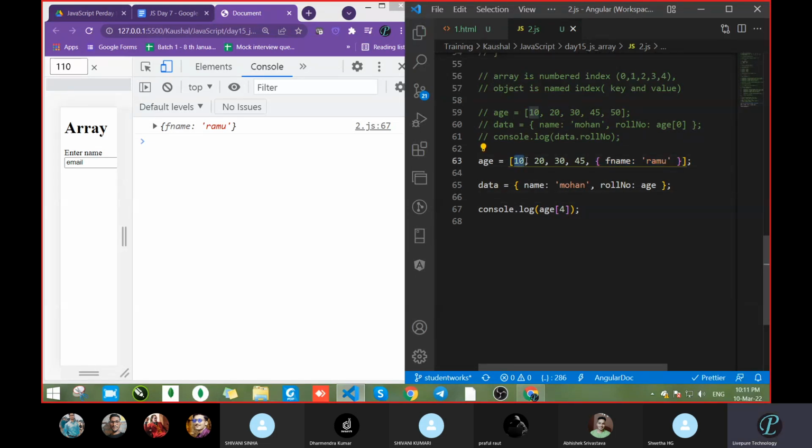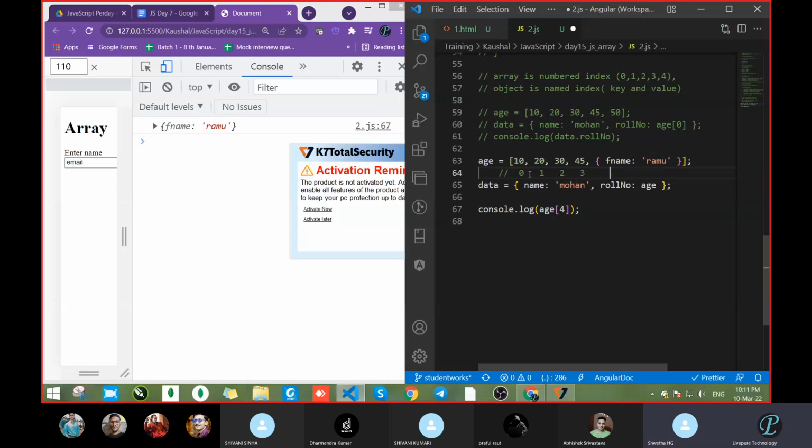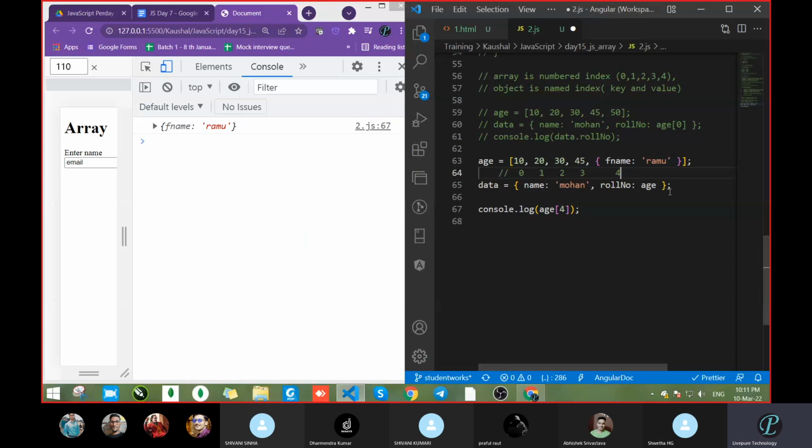This is on the 0th position, correct? This is 1, this is 2, this is 3rd, and this complete object is on the 4th. Correct or not? Because of the commas, we got up to there, age[4]. After that, dot fName, and save. We got Ramu.